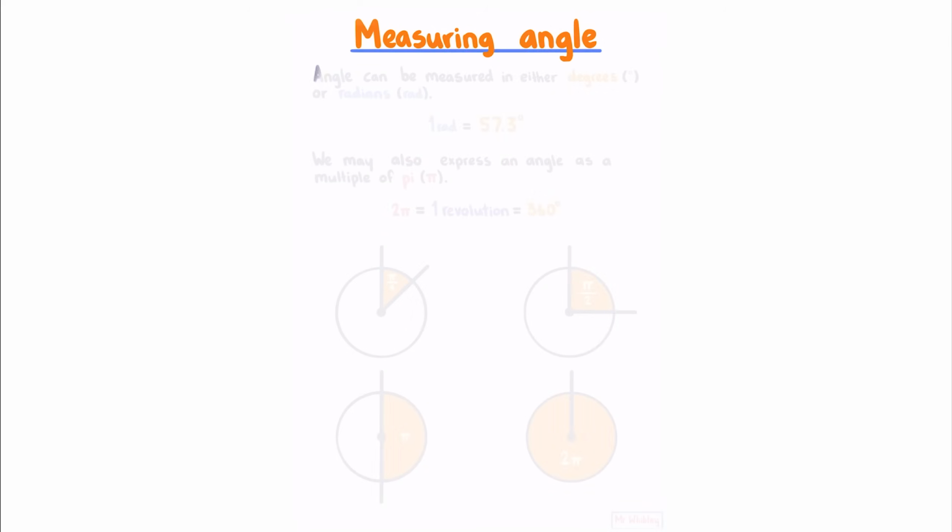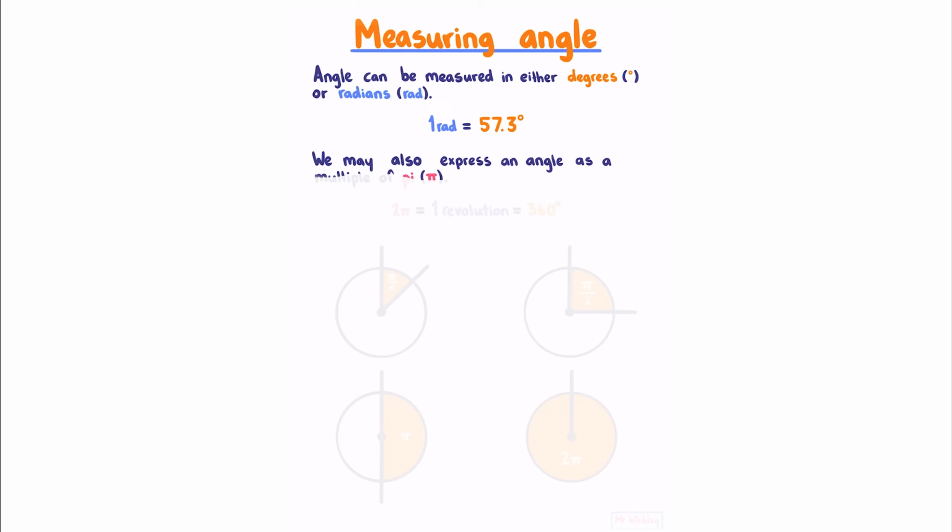Measuring angle. Angle can be measured in either degrees or radians. 1 radian is equal to 57.3 degrees. We may also express an angle as a multiple of pi, where 2 pi is 1 revolution, or in other